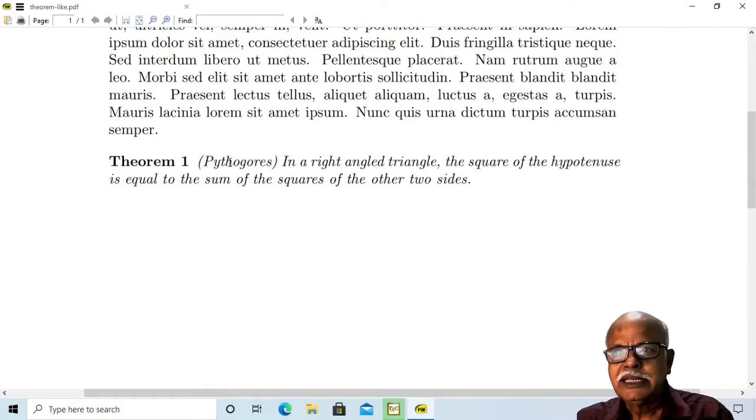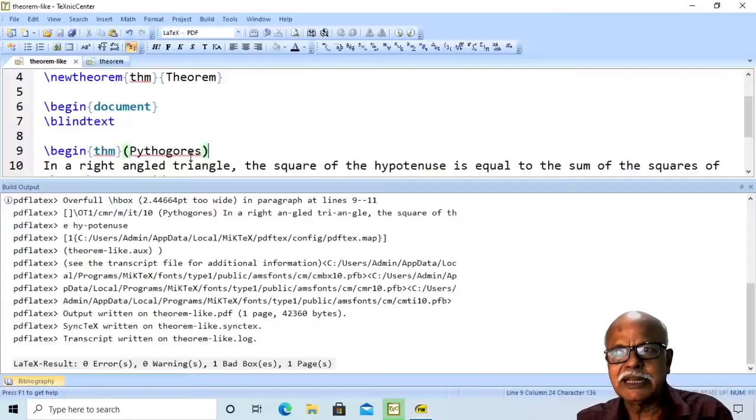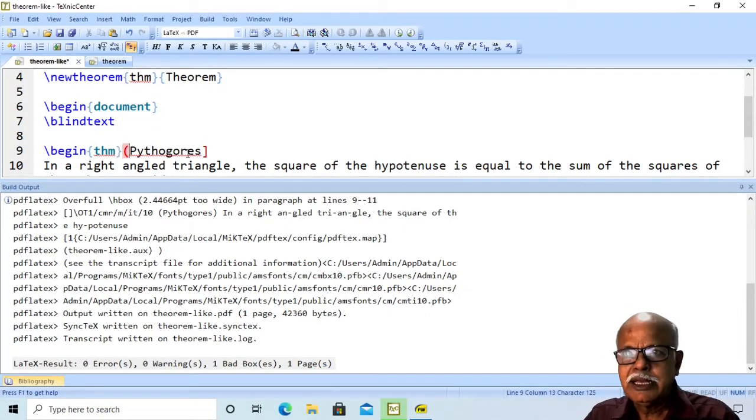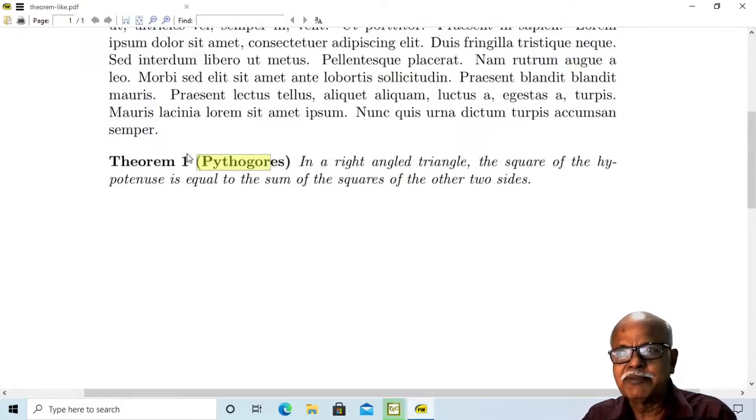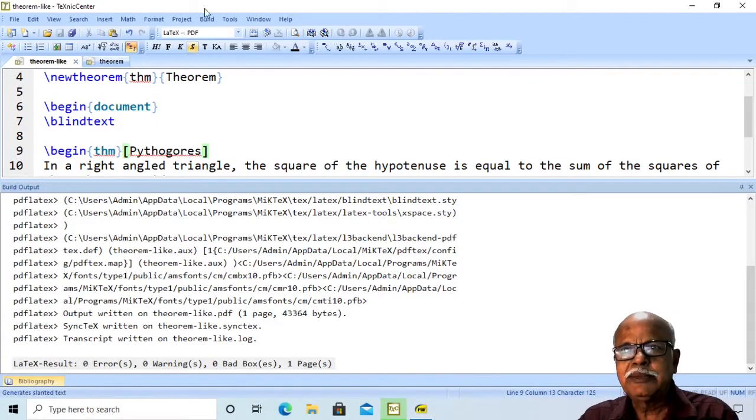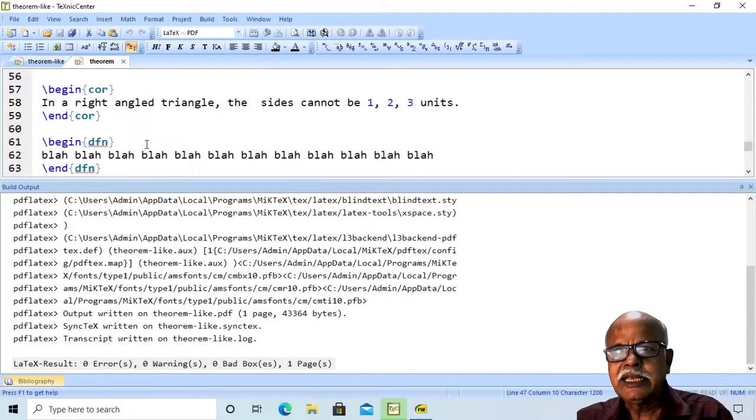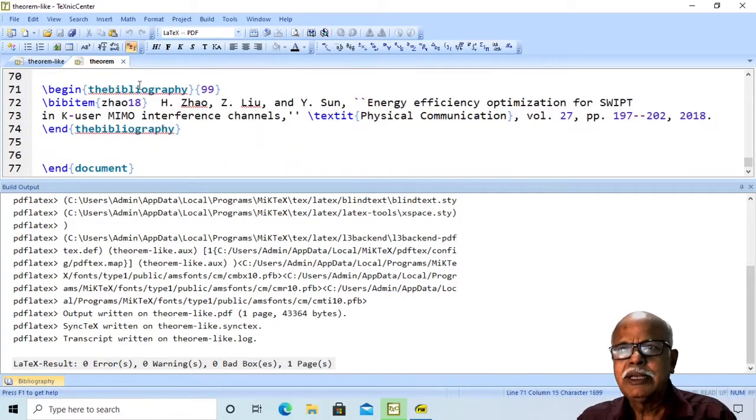Then this word Pythagoras will appear in the same font as the rest of the theorem. Therefore, remember to use Pythagoras within square brackets.